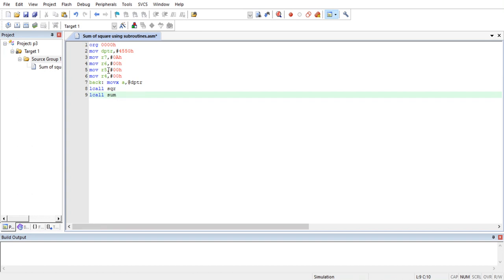So we have two subroutines we have called. Now within the loop we will have to increment the value of dptr. So we'll give the instruction inc dptr, because in each loop we need to get the next value or the data at the next memory location, right? So in the first loop we are getting the data from 4550. In the second loop we will be taking the data from 4551, and so on as the loop continues.